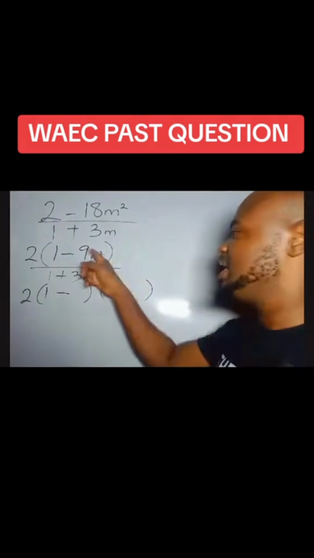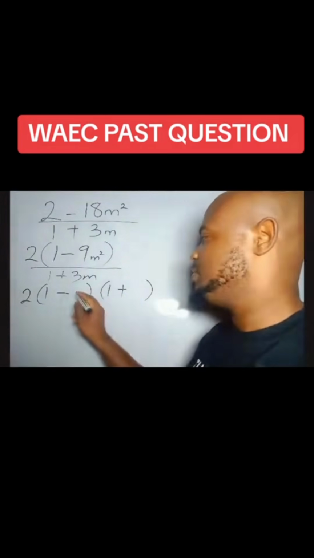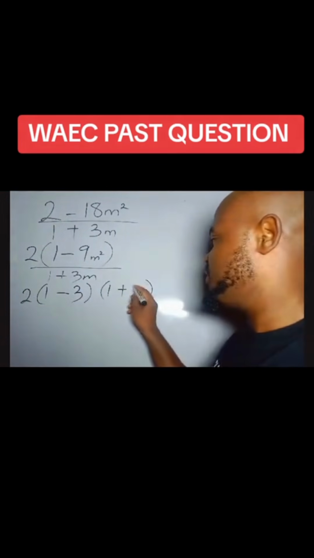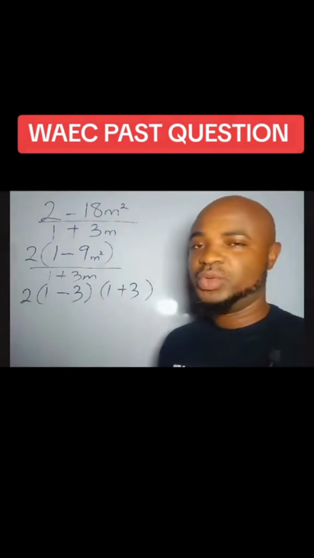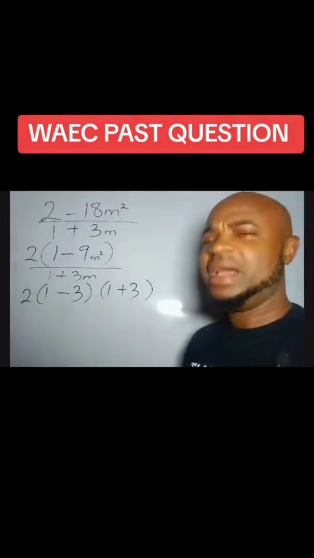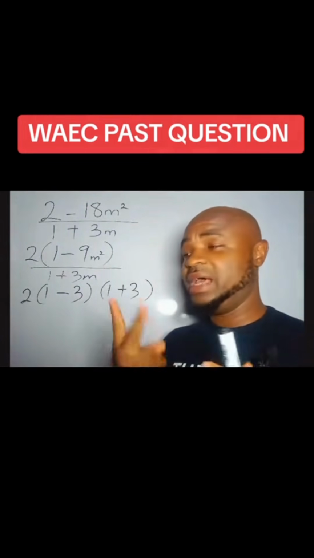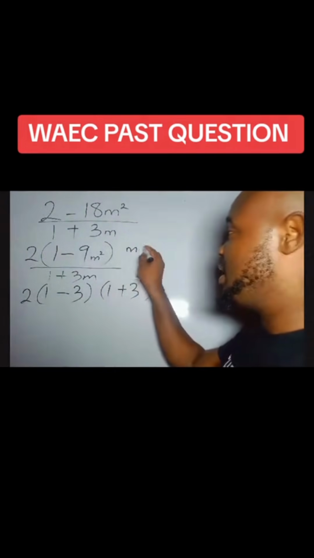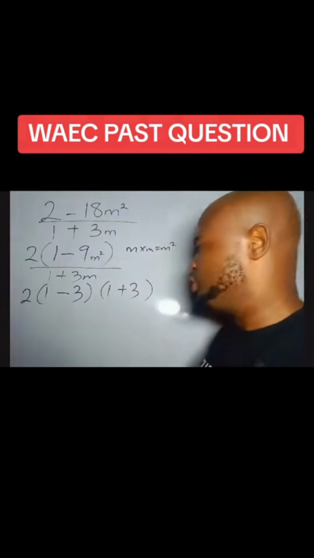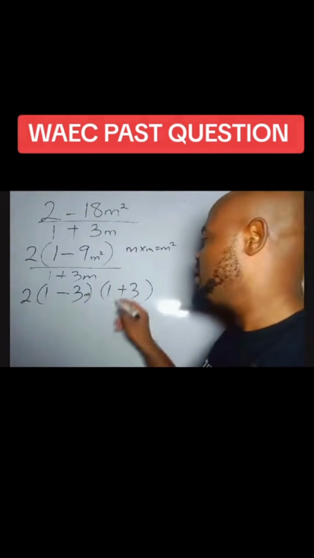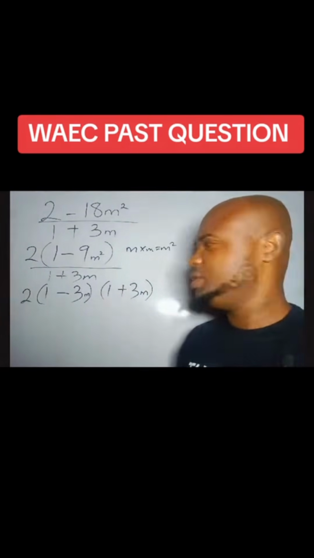Good. Now look at 9. What's the square root of 9? That is what? 3. So I'm going to write 3 here and I'll put 3 here in such a way that if I multiply 3 by 3, I'm going to get what? 9. Now m squared. m squared is a perfect square. Hope you know that. Yes. I will only get m squared if I multiply m by m. m by m equals what? m squared. Are you following? Good. So I'm going to put m here, 1 m here, I'm going to put another m here. m times m is what? m squared. So now let's take a look